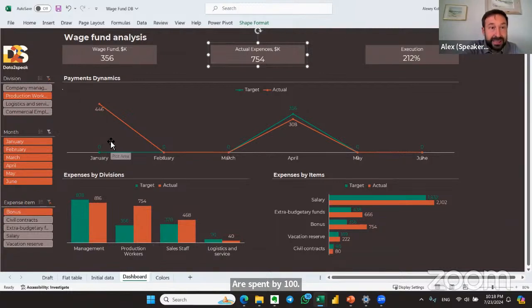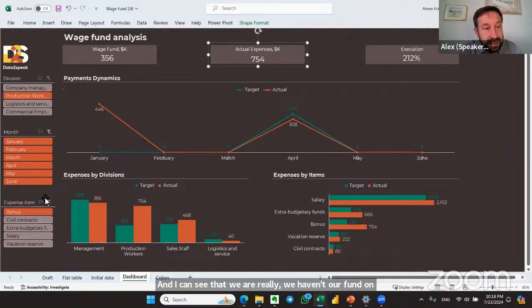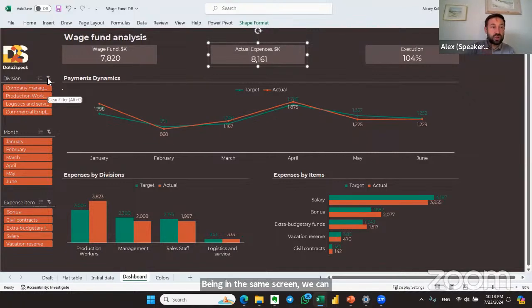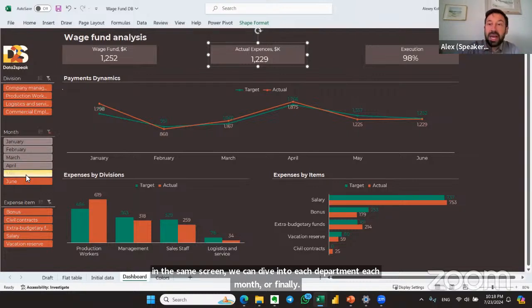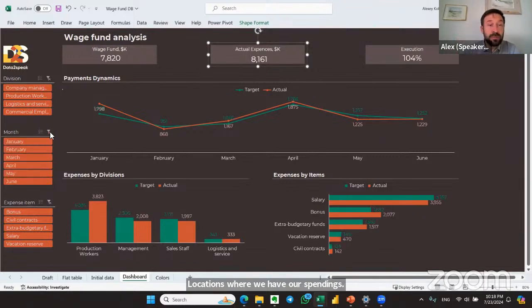And I can see that we haven't our fund in January, so it's not a problem of our spending, it's probably of planning. Being on the same screen, we can dive into each department each month, and find these locations where we have our overspending. So that's how it works, and this dashboard is pretty simple.